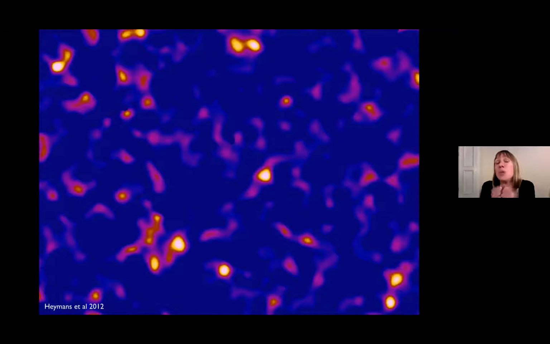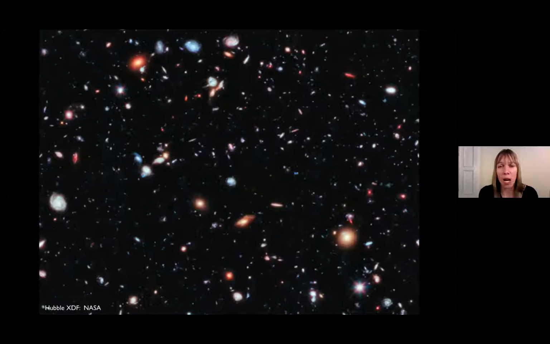Indeed, no scientist knows what they're talking about when it comes to the dark side of the universe. So we know that it's there because of its effect on the things that we can see, like these glorious Hubble Space Telescope galaxies that you can see here. But if our models are right about the universe, this matter that you can see here, this luminous stuff, makes up less than 5% of the universe, and the rest is dark.